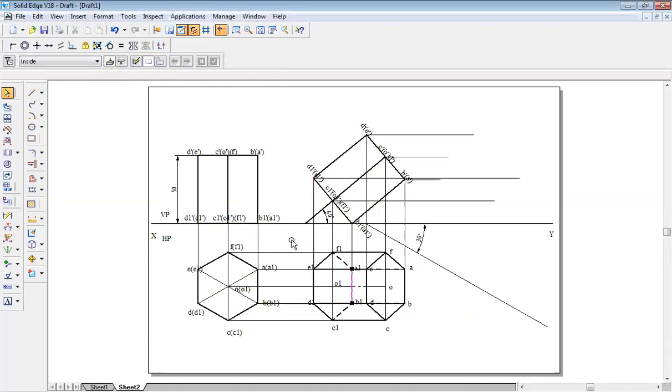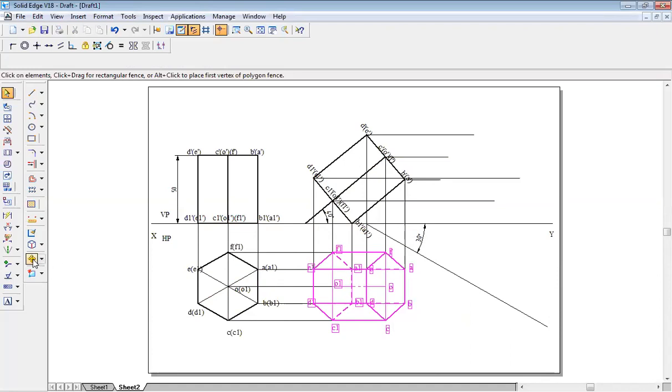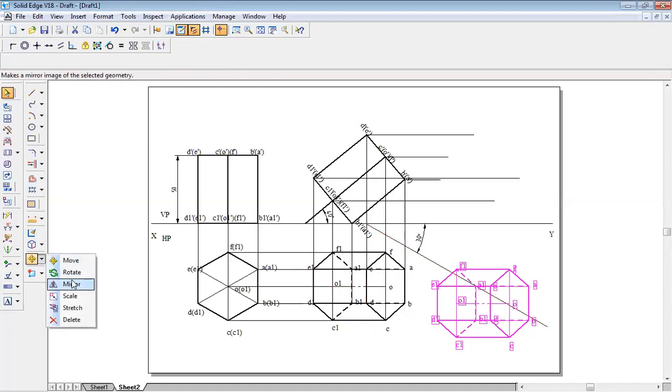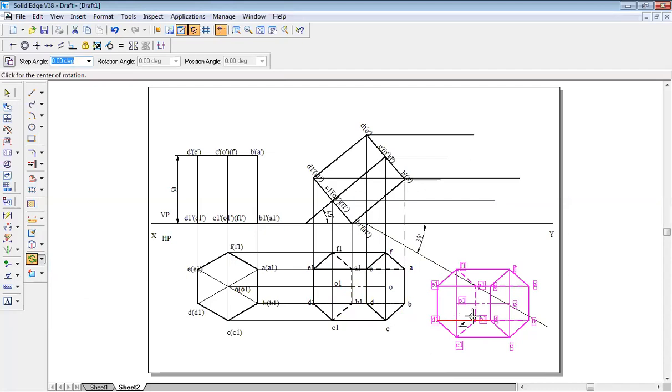So select the entire thing. Go to move command. Switch on the copy option. Take the A1 point, put it on this line, right click, now rotate. Just observe.